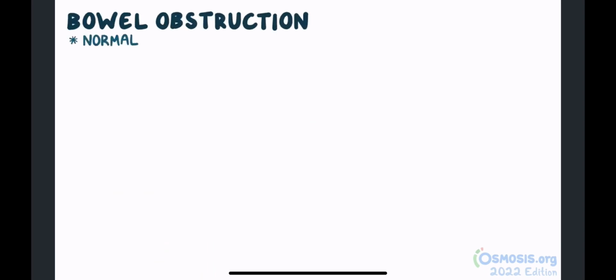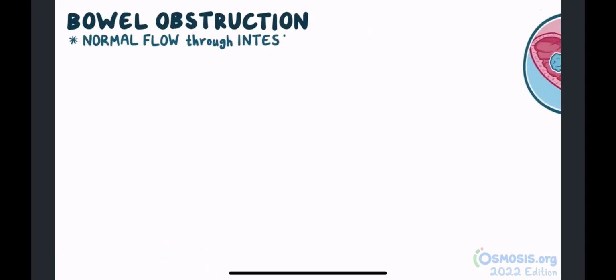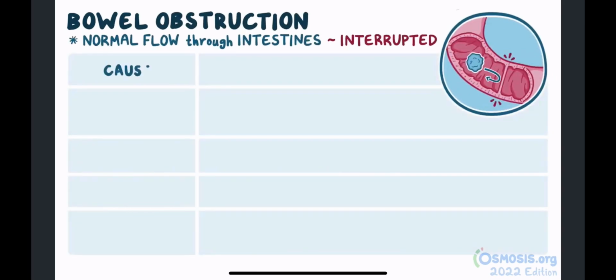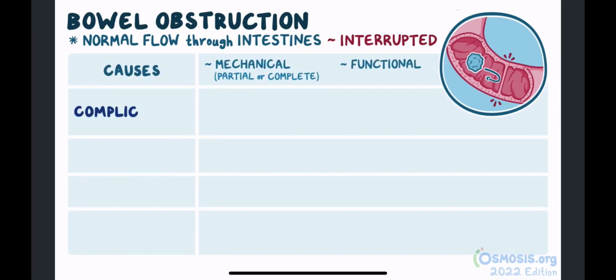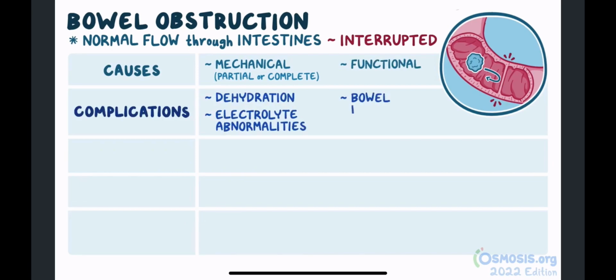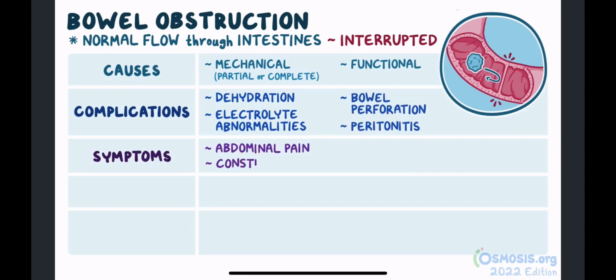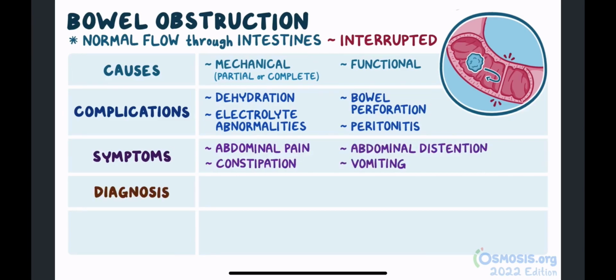Alright, as a quick recap, bowel obstruction is when the normal flow of contents moving through the intestines is interrupted. Causes can be mechanical, which can result in partial or complete bowel obstruction, or functional. Complications include dehydration, electrolyte abnormalities, bowel perforation, and peritonitis. Symptoms include cramping, abdominal pain, constipation, abdominal distension, and vomiting. Diagnosis of bowel obstruction requires imaging studies, like